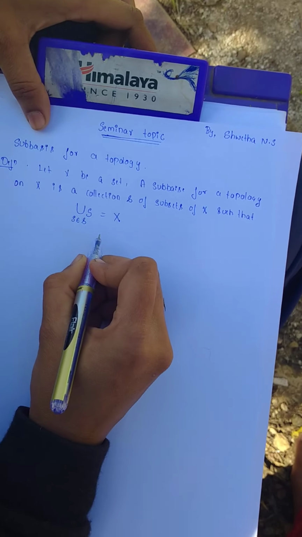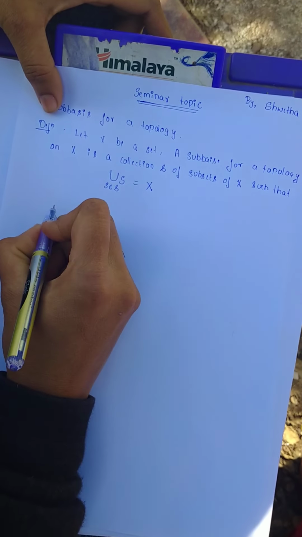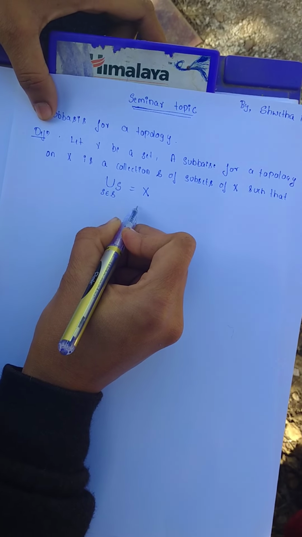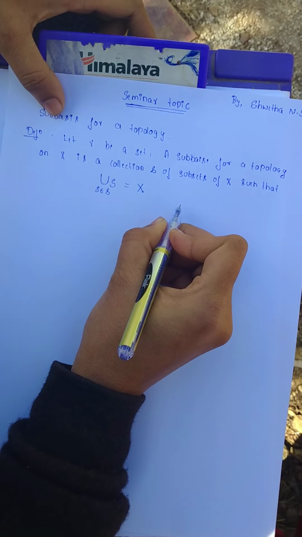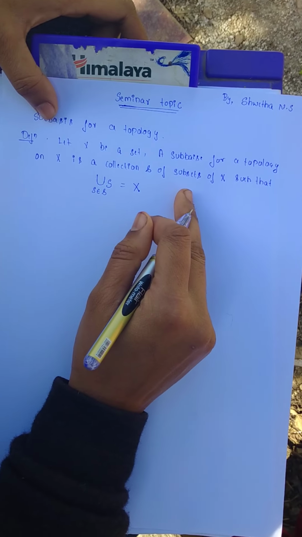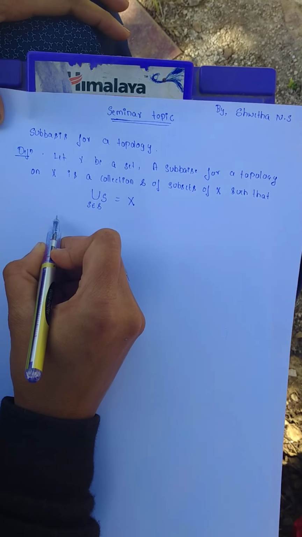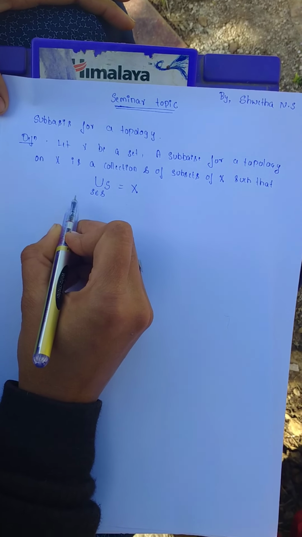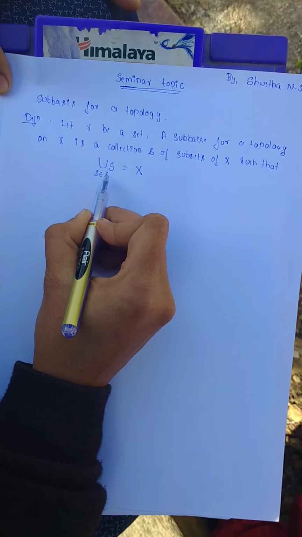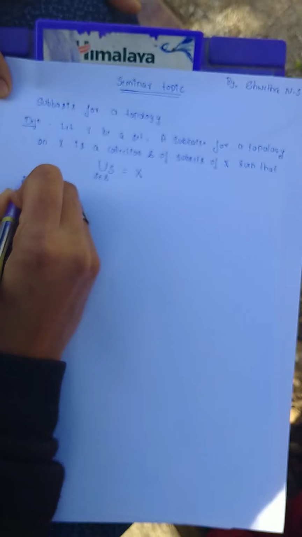Recall the definition of basis of a topology. In all three definitions, there is a collection of subsets of X for a topology, with three conditions for a topology. For basis, there were two conditions. For subbasis, only one condition: the union of elements of S equal to X. For example,